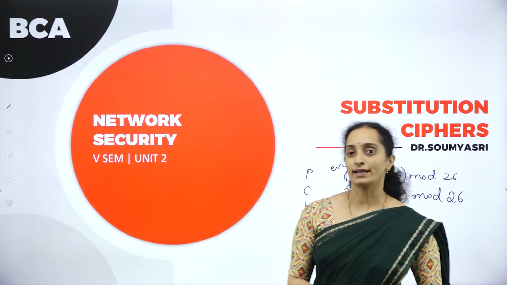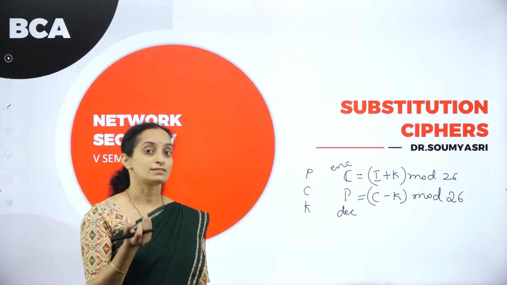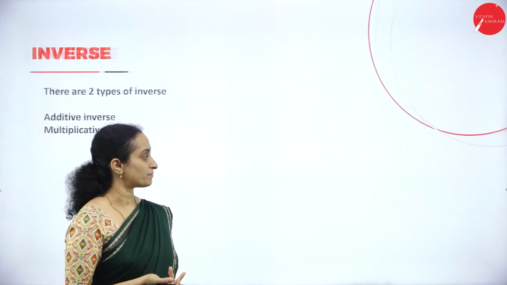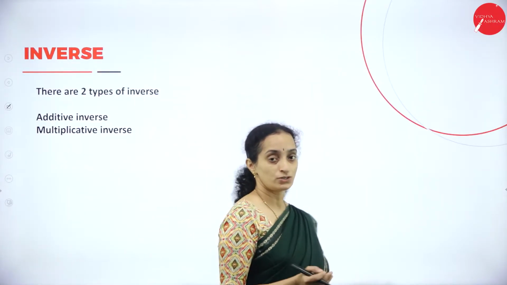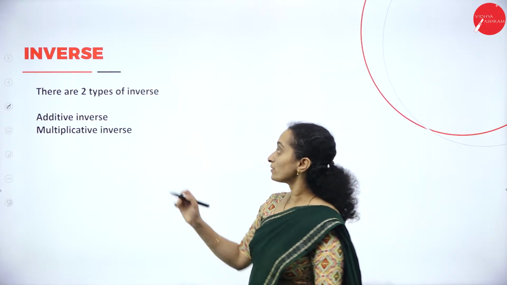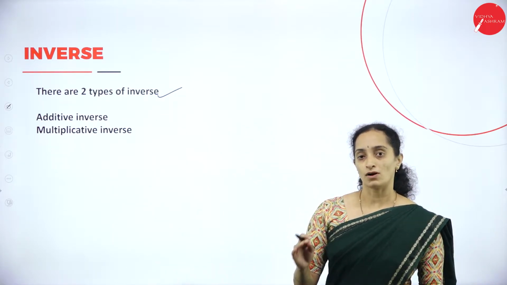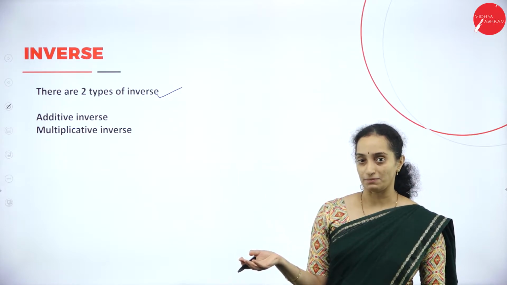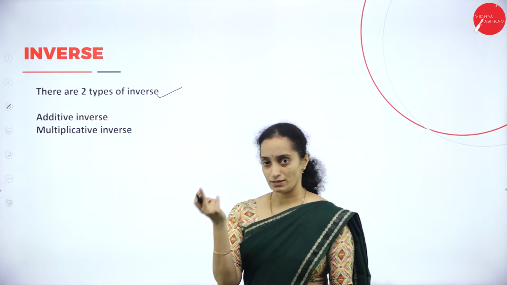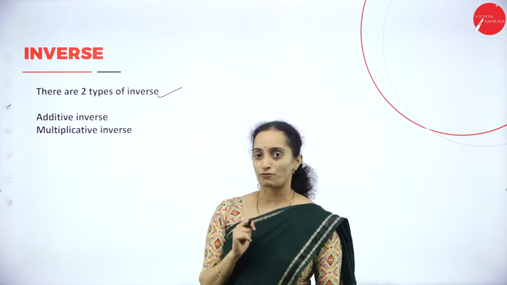encrypted code. Alright. So we shall continue with the substitution cipher where you are substituting a character. In that you have the additive cipher. Before moving to different types of ciphers, we need to find out the inverse. How do you find the inverse of a key? Because you need to find the inverse of a key, is it not? In the decryption method, you have to find the inverse of the code that has been generated in the encryption method. How do you perform that?